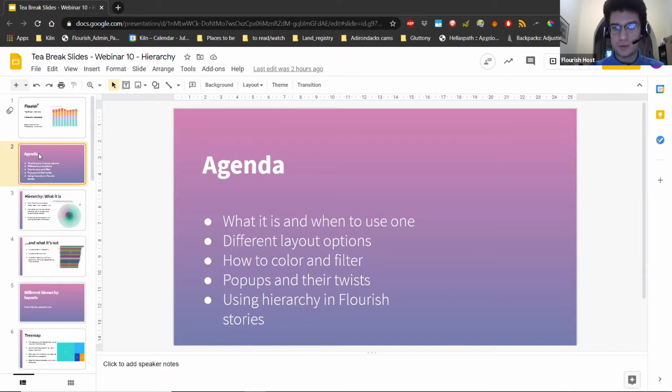sections: what a hierarchy template is and when it's best to use one, and also when it's better not to use one, because due to its modularity and ease of making one, it's being used in cases where ideally it shouldn't. We will walk you through the different layout options, such as the Sunburst or the Treemap or the diagram tree, and the bar hierarchy